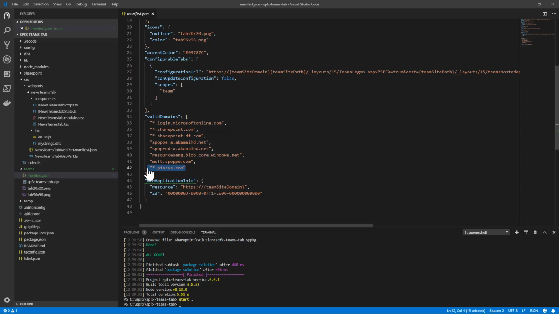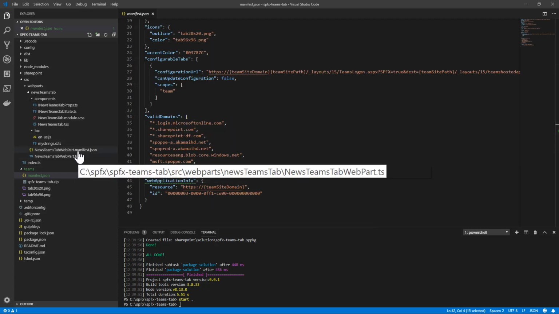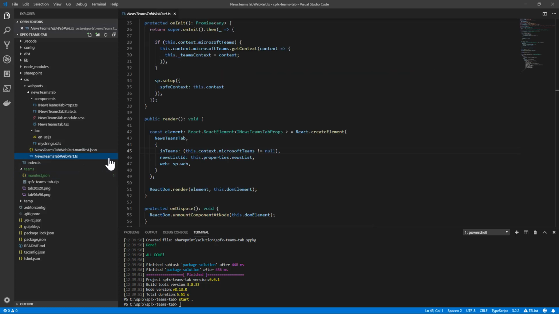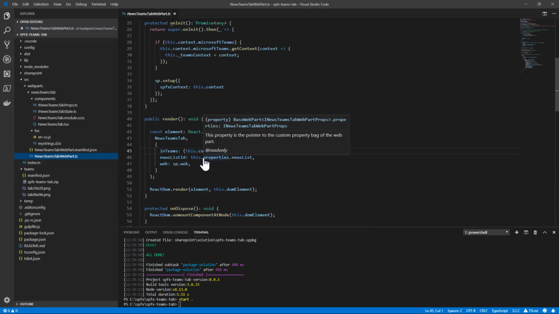Otherwise, you will not be able to. Once you have the manifest file and you have a web part, whatever it is, it could be a web part built with JavaScript or with React, as I did here. In the web part, you can have access to the context of SharePoint Framework as usual and to the Microsoft